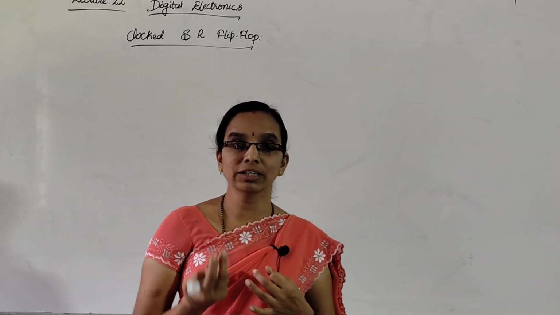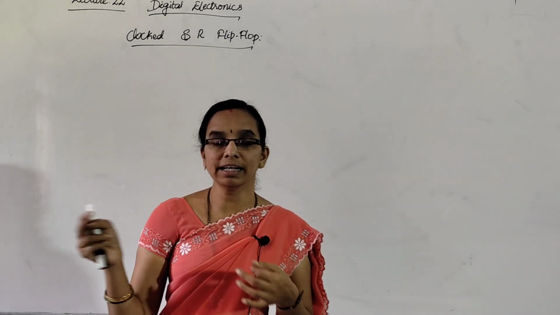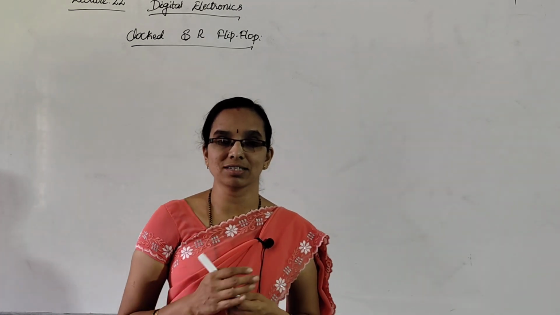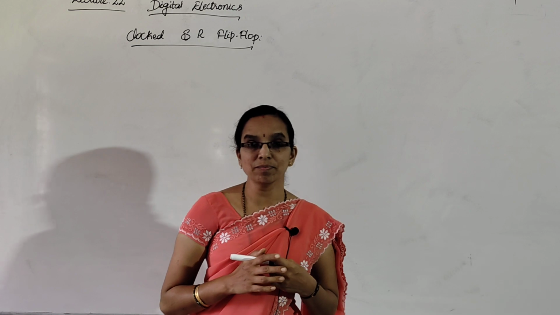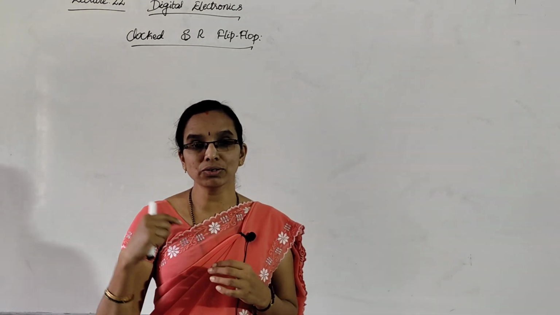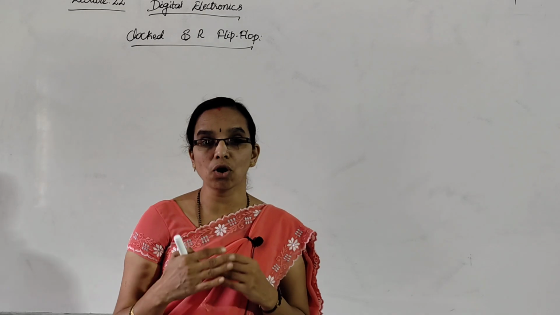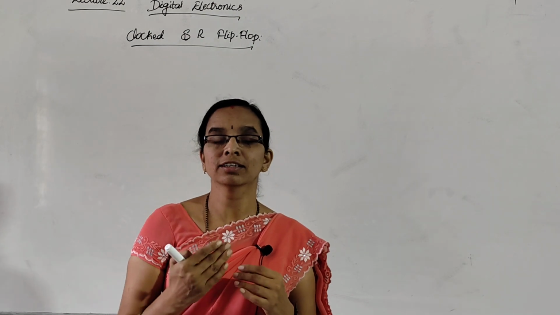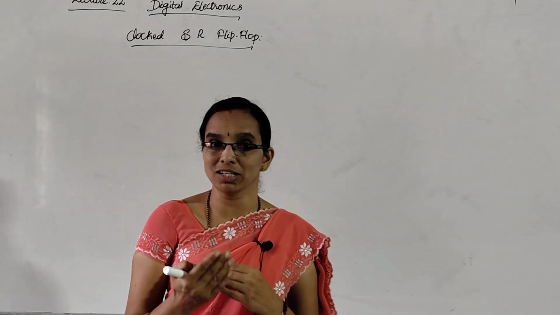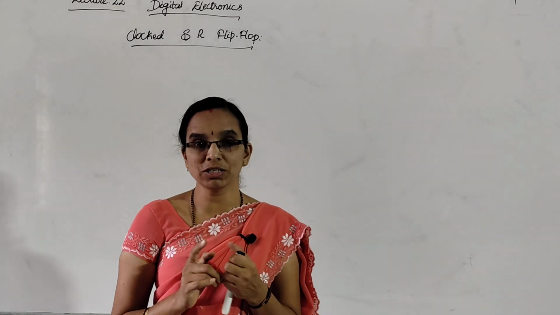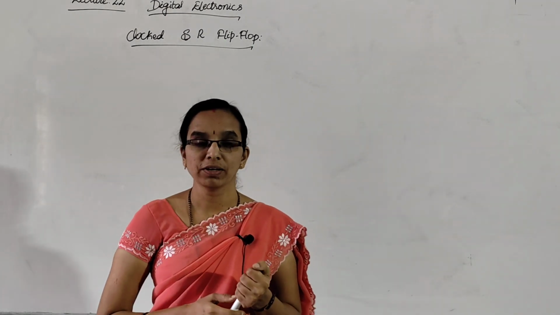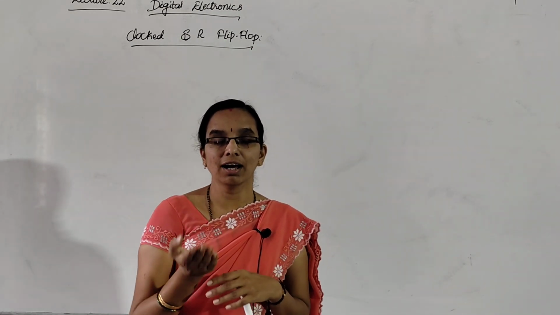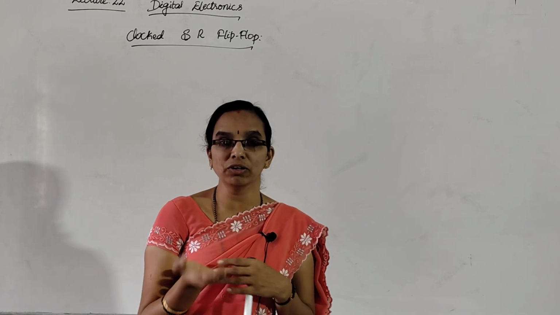And a clock is a periodic train of rectangular pulses which is going to synchronize and monitor the digital system. So what we are going to study after this are all clocked circuits. Clocked circuits, in the sense that the clock tells when the output has to be changed. When the output needs to be changed is decided by the clock signal. When the clock is high the circuit starts working, or when the clock is low, that depends on the clock.